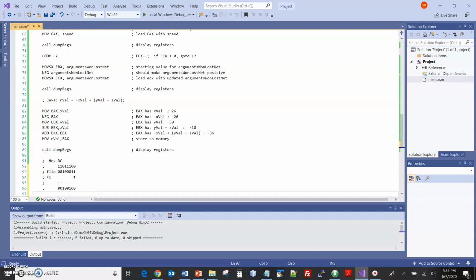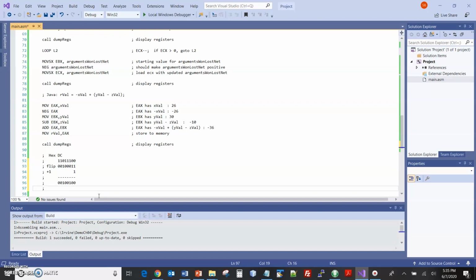Okay, so now what I want to do is just do the powers of 2. So this would be 2 to the 0, 2 to the 1, 2 to the 2, which is 4, 2 to the 3, 2 to the 4, 2 to the 5. So 2 to the 5 is 32. 32 plus 4 is 36. So this here was the